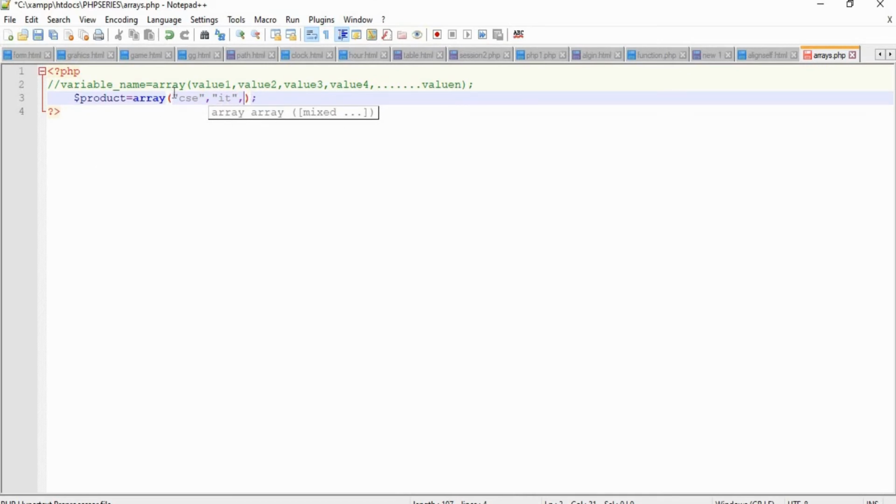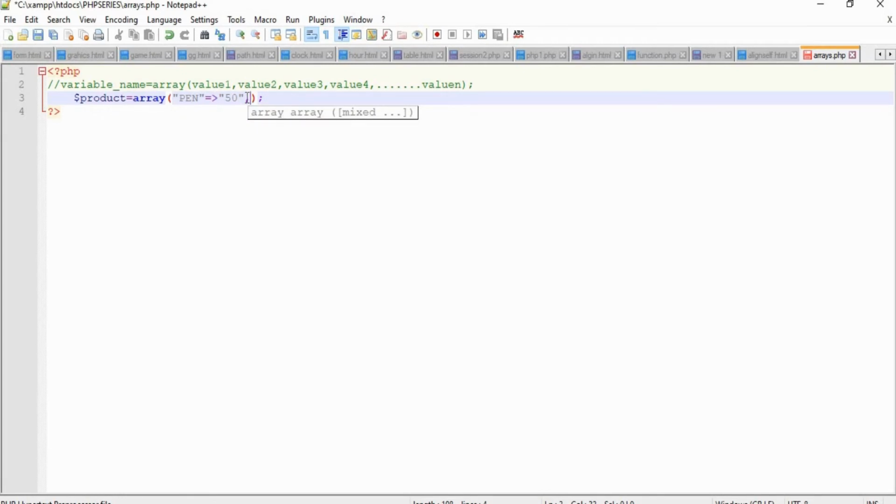So to declare an associative array, what we have to do is we have to create a product name. For example, let the product be pen. So this is a key value, right? So this pen is a key which is going to be associated with the value 50, right? So this is one value of the array.